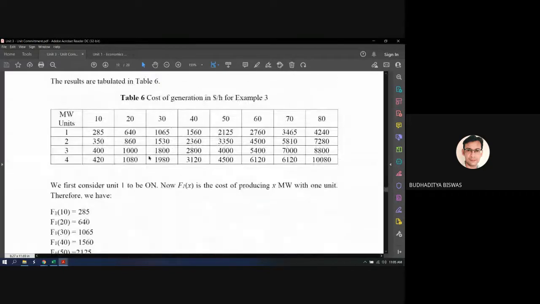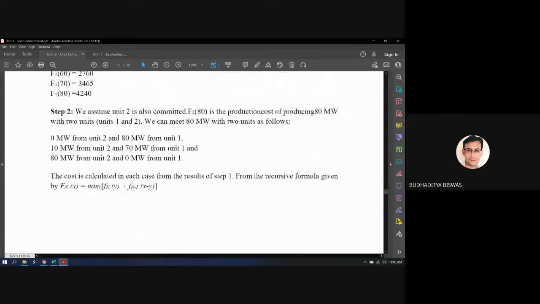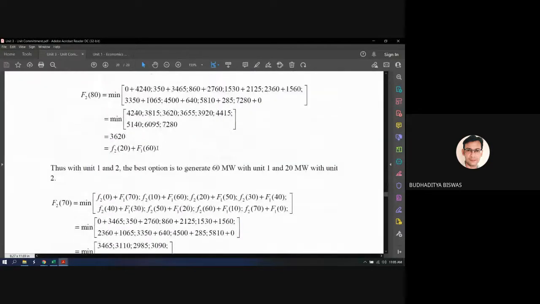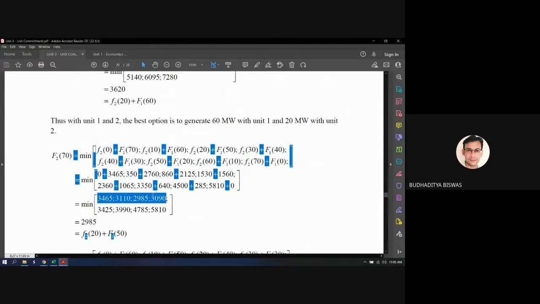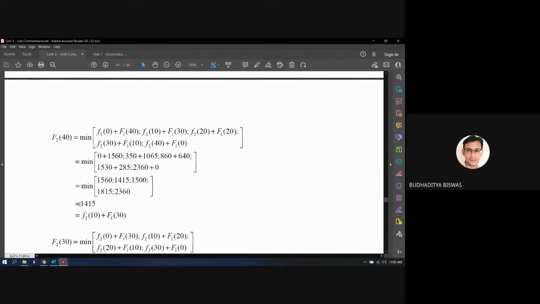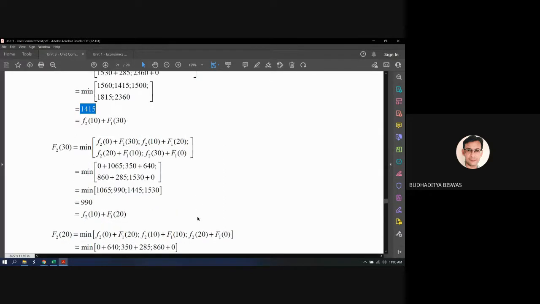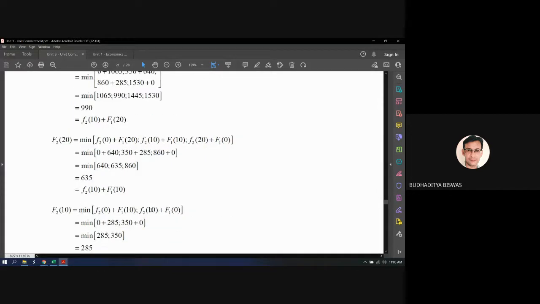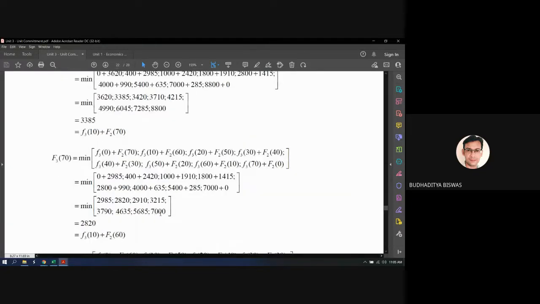And at last, you have a very big example of this dynamic programming. You see, this one looks complicated, but when you study it, only one formula is there, and every step remains the same. Based on this, you can easily find out how much money is required for a defined schedule. Based on that, we must decide which is the lowest one, to generate this particular amount of electricity, which unit should be switched on and which unit should be switched off. So this one is called the dynamic programming.